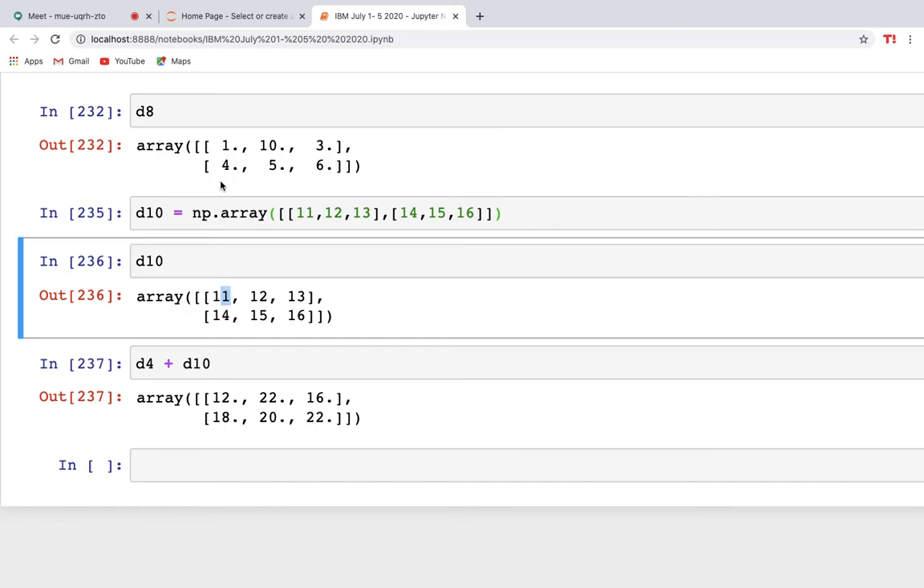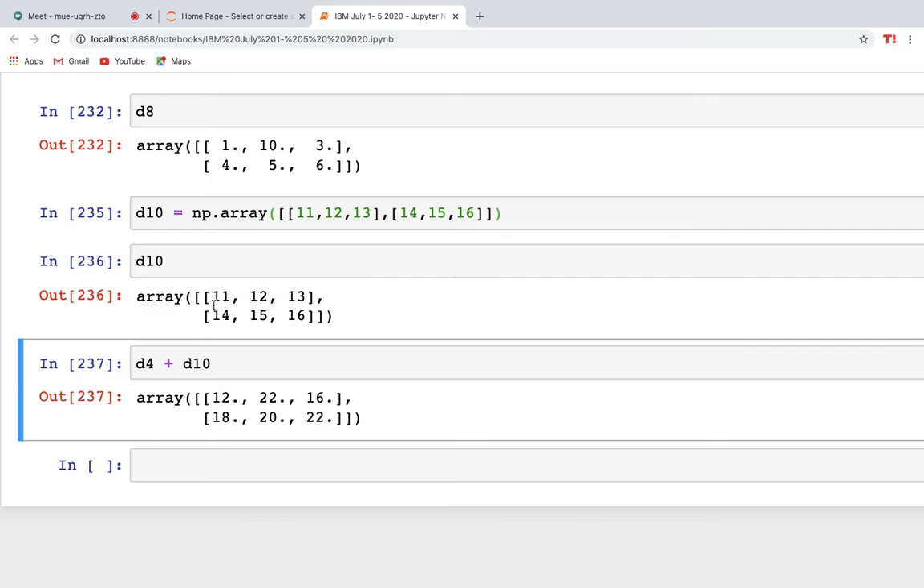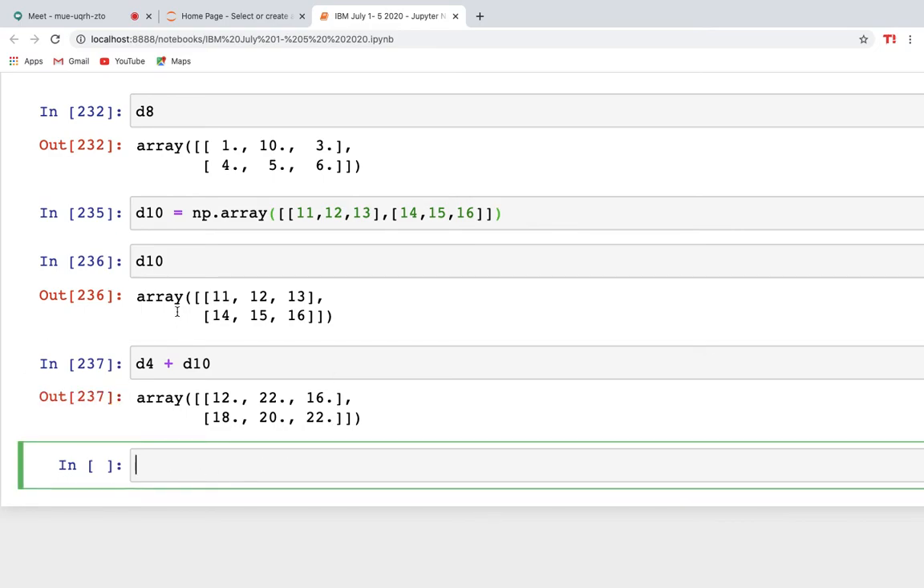That is 11 plus 1, that would be 12. 12 plus 10 is 22. 13 plus 3 is 16. 4 plus, oh, maybe it's 4. 14 plus 4 is 18. 5 plus 15, 20. And 6 plus 16 is 22. Very easy. Now if I want to add or concatenate this two-dimension array in a particular row,